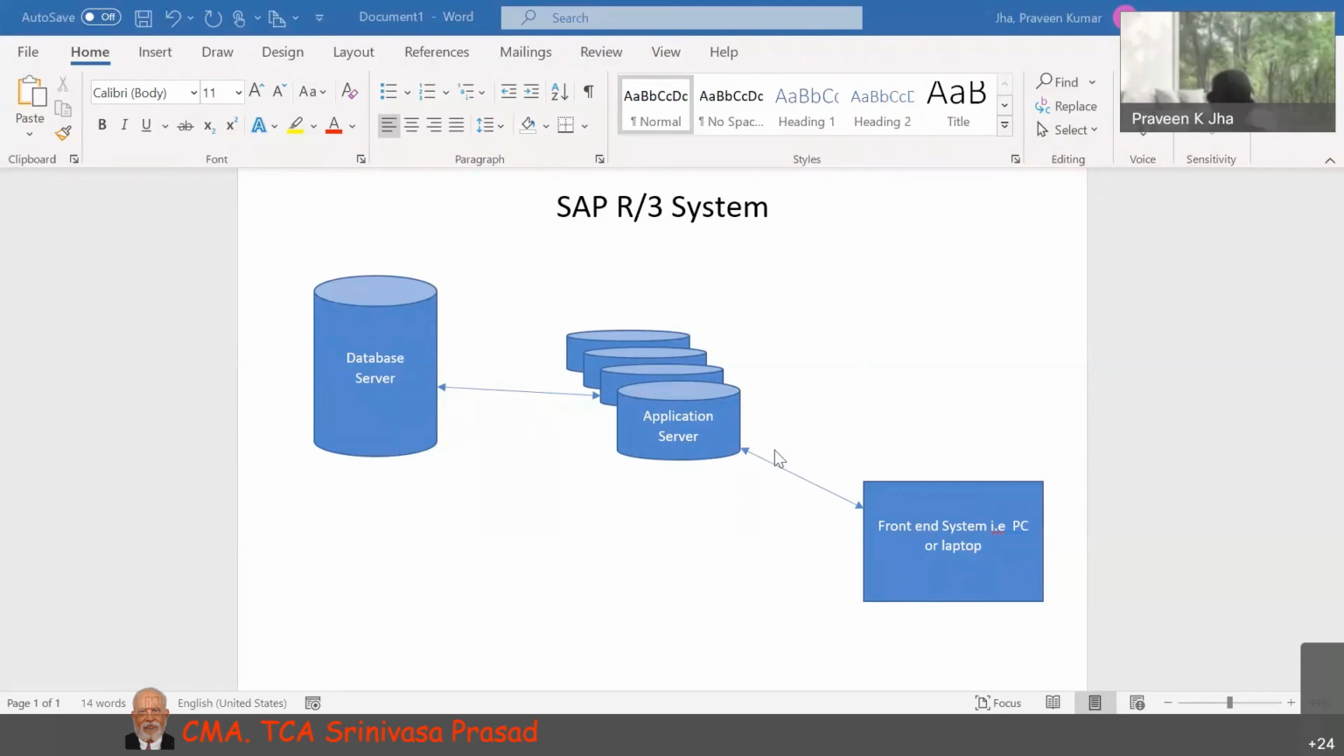So now the Fiori apps, we can access through our laptop, mobile, even tablets and all those, anywhere we can just